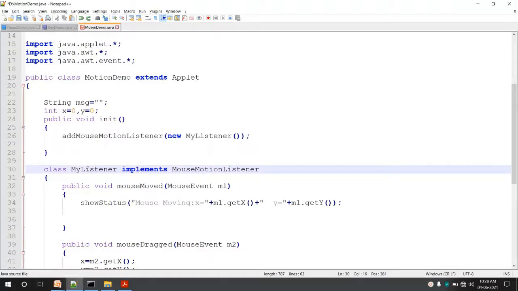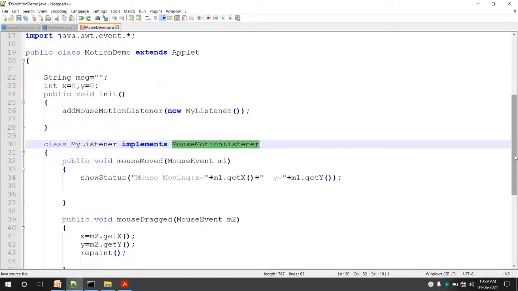I have a separate class, my listener, to handle events, and right now my listener is implementing mouse motion listener, meaning it is handling mouse motion events, that is mouse moved and mouse dragged. In the same program, we will handle the text events as well. It is not like we can handle only one type of event in a program. It is possible to handle any number of types of events in the same program.